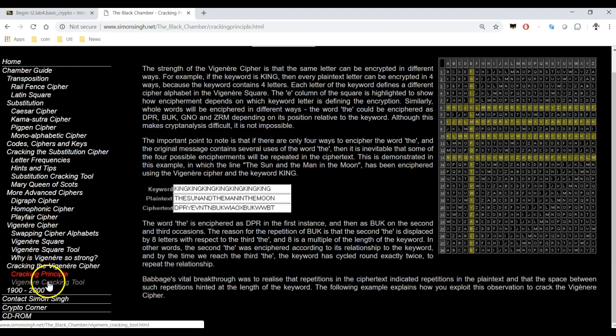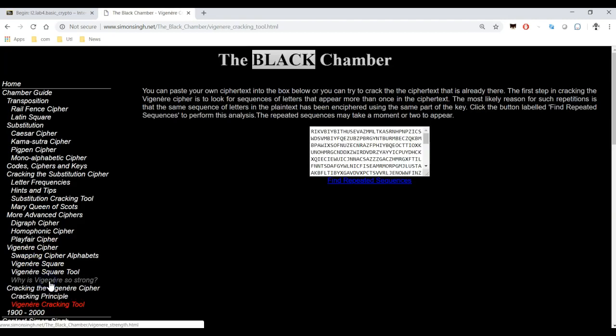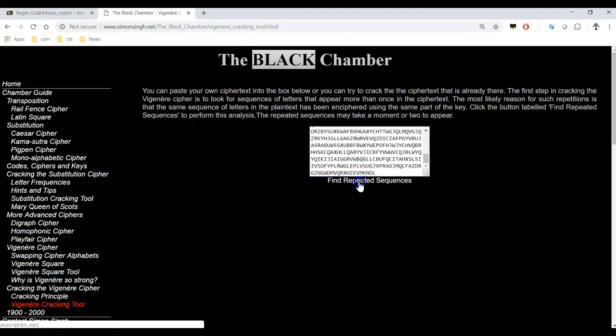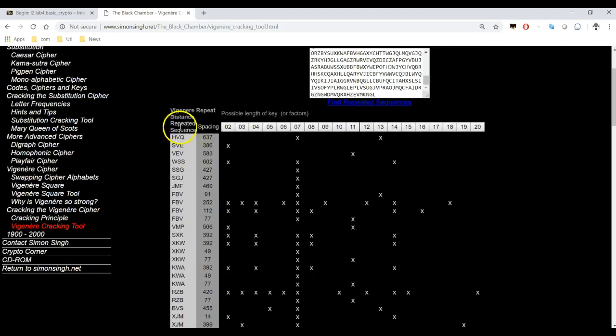So with repetition, we can see patterns. Let me put in my cipher. I'm going to do a Control A and Control V. All right, and there's the cipher I have, part of our app, our lab. I then click this button that says find repeated sequences, and what it's going to look for is 3-letter